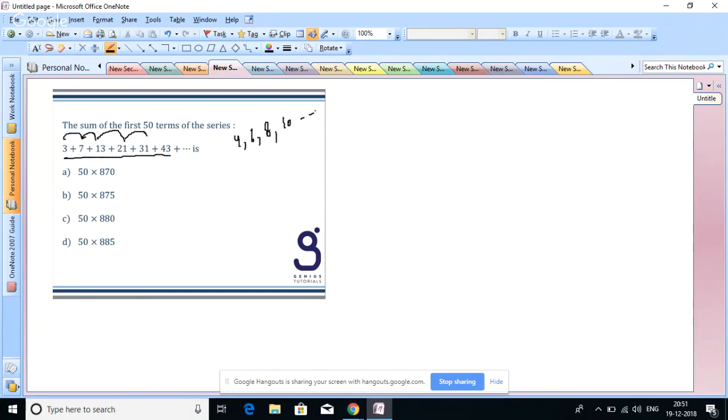That means the series of their differences will be an AP. So the nth term of an AP is an plus b, but if the difference of their series is an AP, then the nth term will be of the form an square plus bn plus c. Now you just substitute n is equal to 1, so you will get a1 as a plus b plus c,